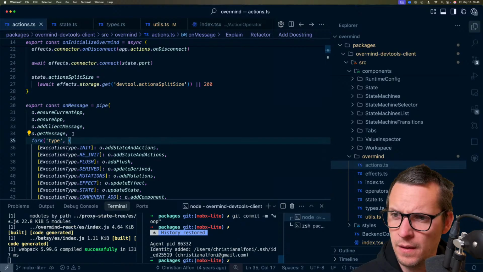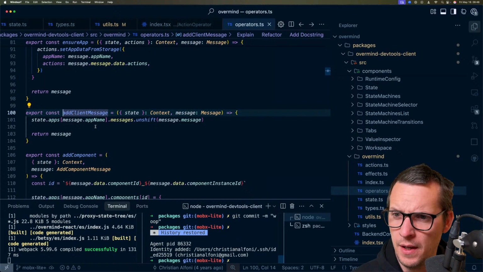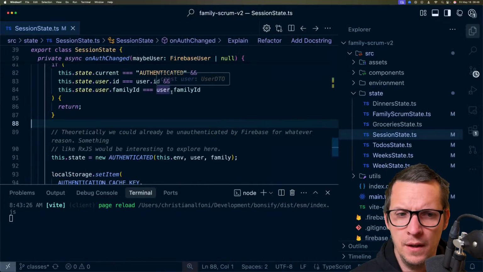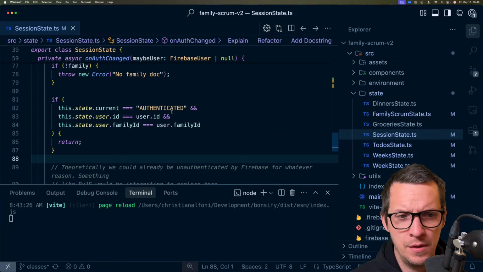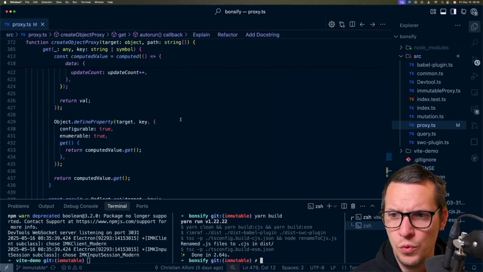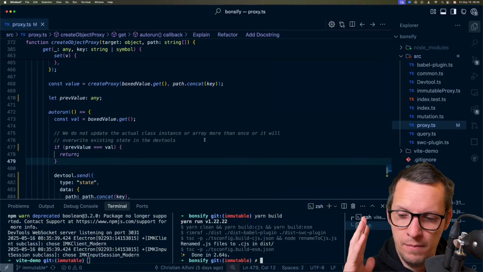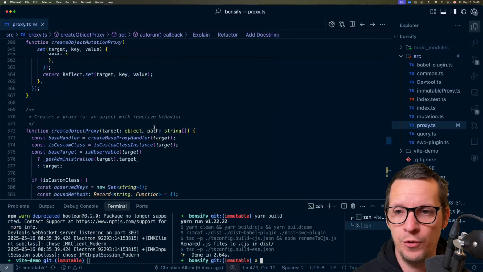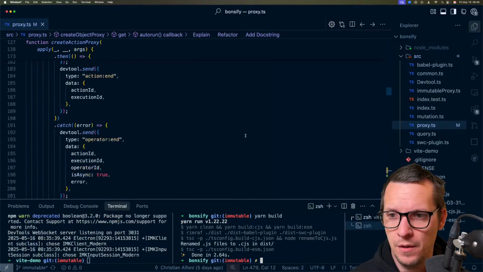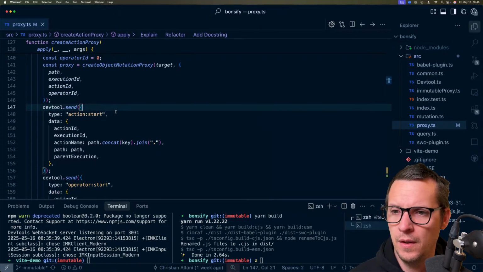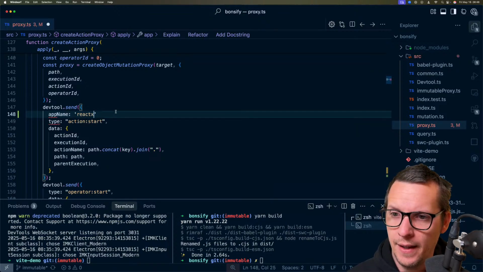get add client message. Yeah. Message app name messages. Oh, maybe it's because I'm not passing the app name. Yeah, let's look at that. So the app name is how the Overmind DevTools namespaces messages, because you can have multiple apps running at the same time. So I think that's the reason. So for all this, we have to,